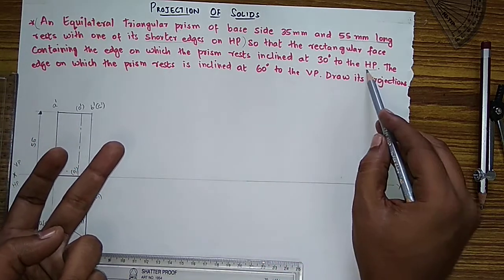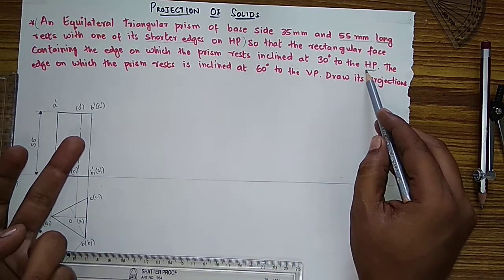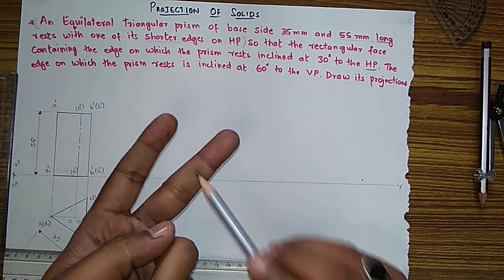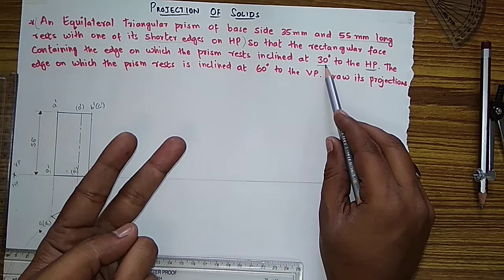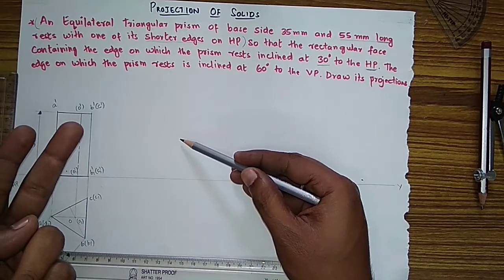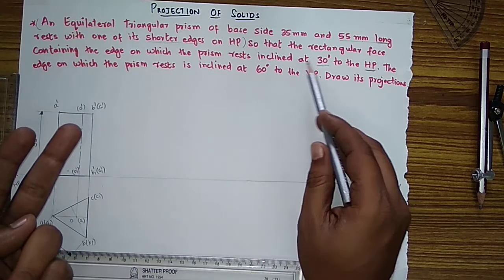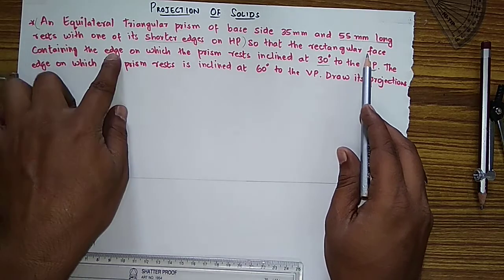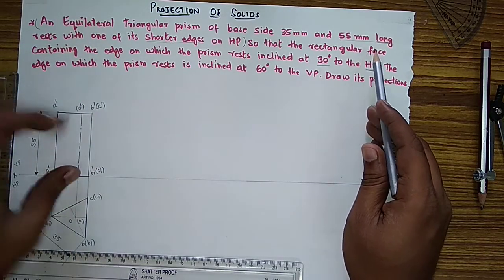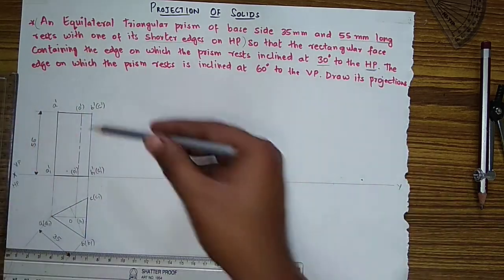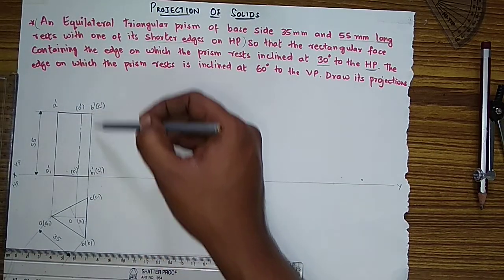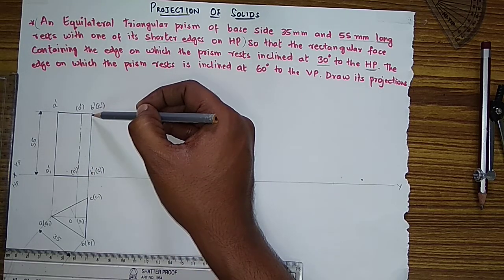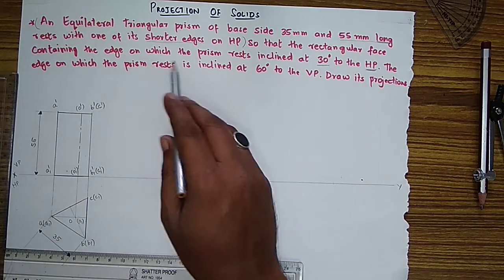Carefully see this HP. For the second projection, this horizontal plane, the angle should be given. So the angle, and on that angle what it is resting, I have found: that is 30 degrees, which is given to HP. We have to draw it here. That angle of 30 degrees I have to draw here, and carefully rest on that angle the rectangular face containing the edge. Rectangular face means this prism only. This is also called a rectangular face, and this line is the edge on which the prism rests.